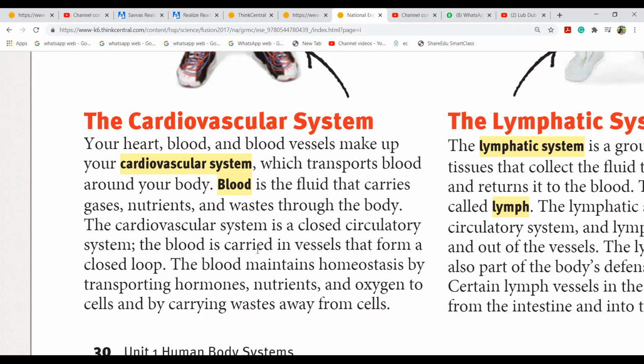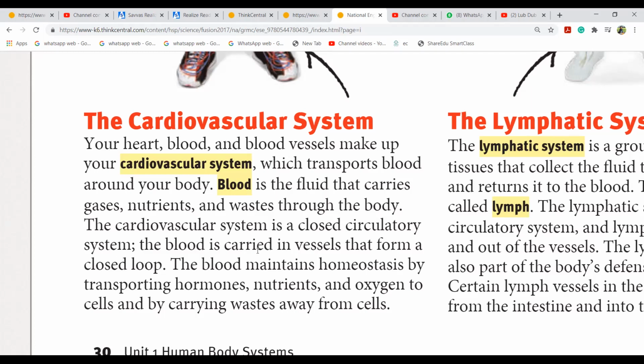Okay, when I ask you simply what is blood, you will say, teacher, the red color fluid in my body is blood. Now you must know, the body is something like a transport. It's like a car that loves to drive. But what is that car carrying? The blood is a car which carries gases. Inside that car, you can find gases. Car means it's not a real car, girls. Never write in the exam paper that blood is a car. It's just that whenever I say car, you will always remember transport. It carries gases, nutrients, and waste through the body. It doesn't mean that waste is sent to the parts of the body. It's taken from the parts of the body.